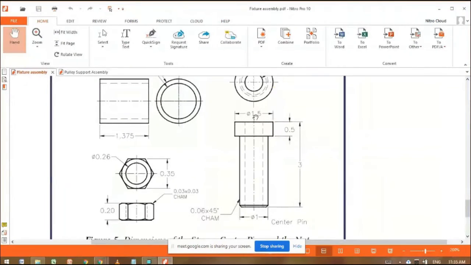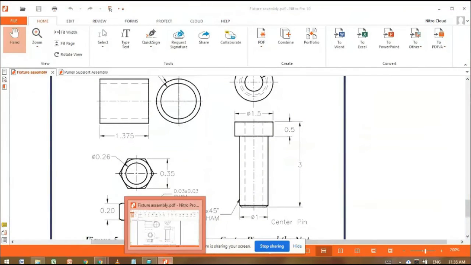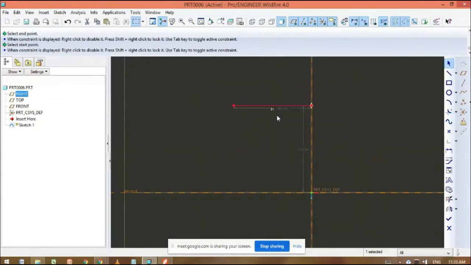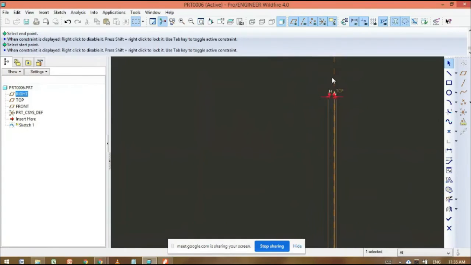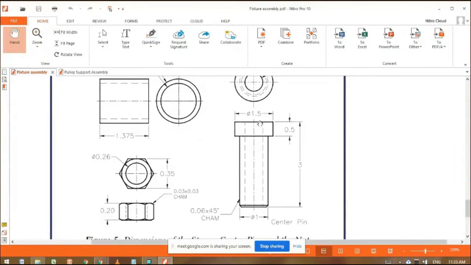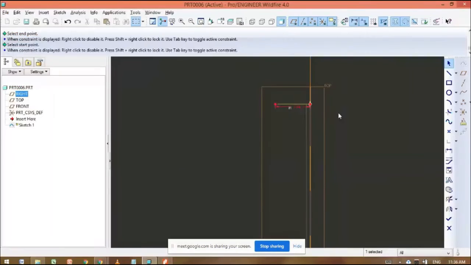So, if I want to try this part, window, close it, then the procedure. Okay, so diameter is 1.5. I want to draw this half part. Okay, we can rotate it along this axis. So we can draw this half part.